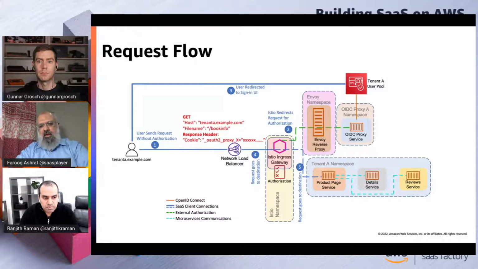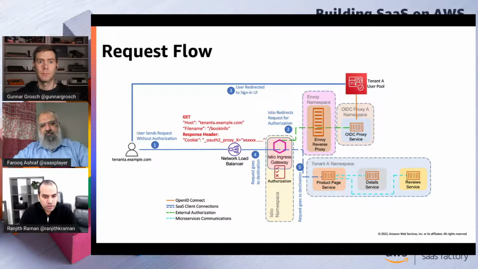One point I would like to add here is that the OIDC proxy adds the ID token, or the JWT, that is received from the user pool. It injects it in the request as it makes it move towards the backend microservice. And that JWT is not exposed to the client side. It's never sent to the browser. It's just injected. Whenever a request comes in for authorization, it injects that JWT in there, and that JWT is sent to the microservice in case the microservice needs to inspect the JWT, crack it open, and see if it needs any information from there.